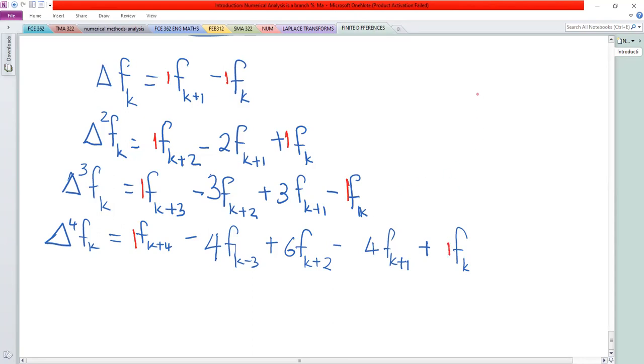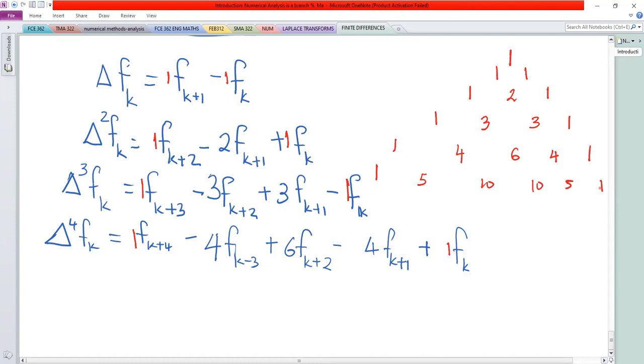So if you remember Pascal's triangle, then you see some similarity in these coefficients in this expansion of these forward differences. So you can actually predict the coefficients of the other higher forward differences by using the binomial coefficients